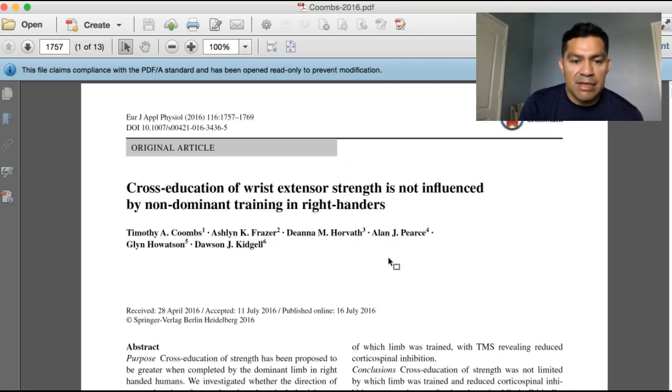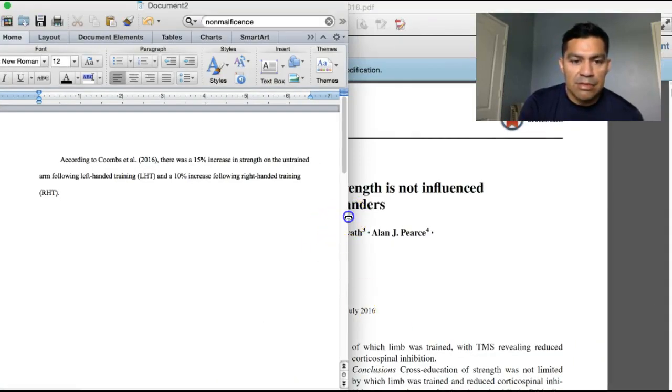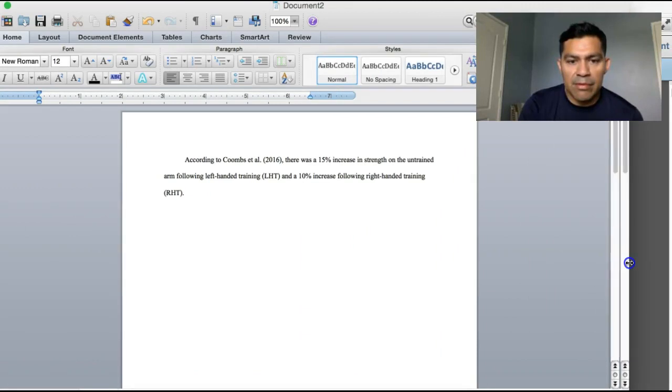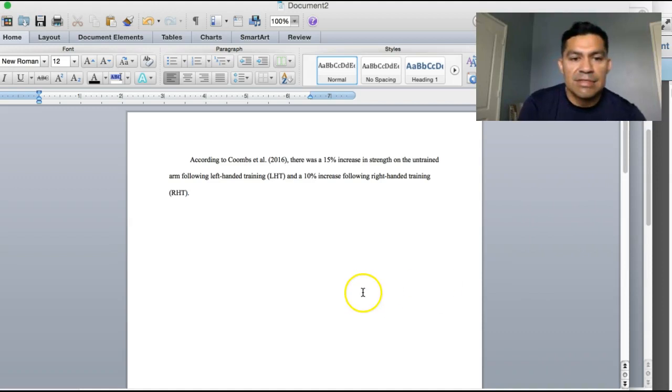And just to point out the easiest way to find the information, let me go to my document here. So here I wrote out a sentence based on this article. It says, according to Coombs et al., 2016, there was a 15% increase in strength on the untrained arm following left-handed training, and a 10% increase following right-handed training. So as you can see, I have cited the article right here,